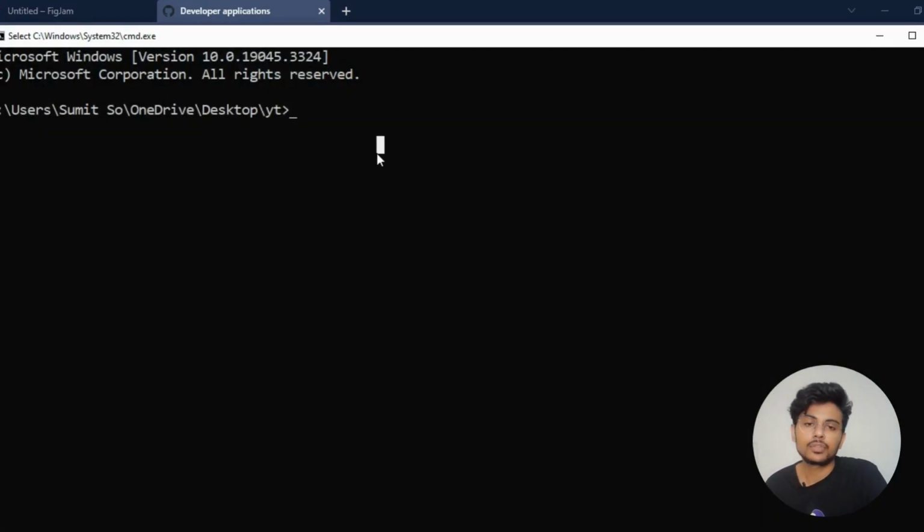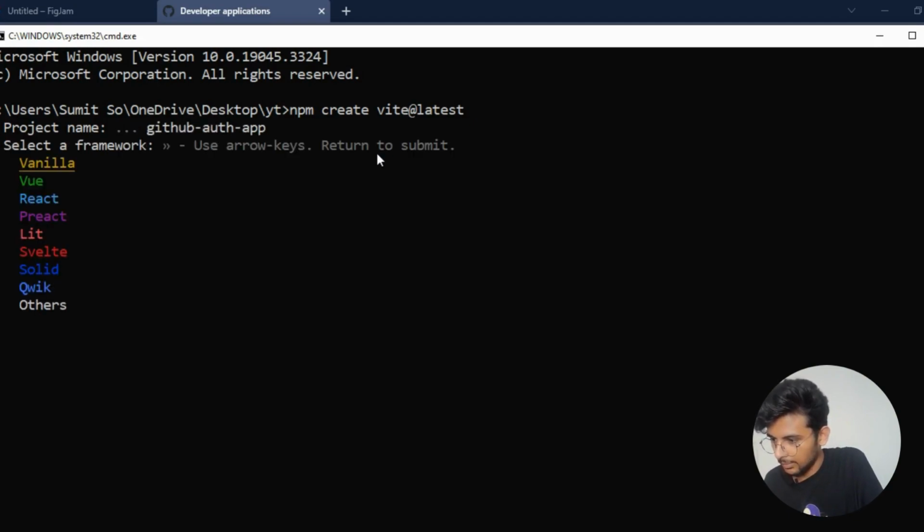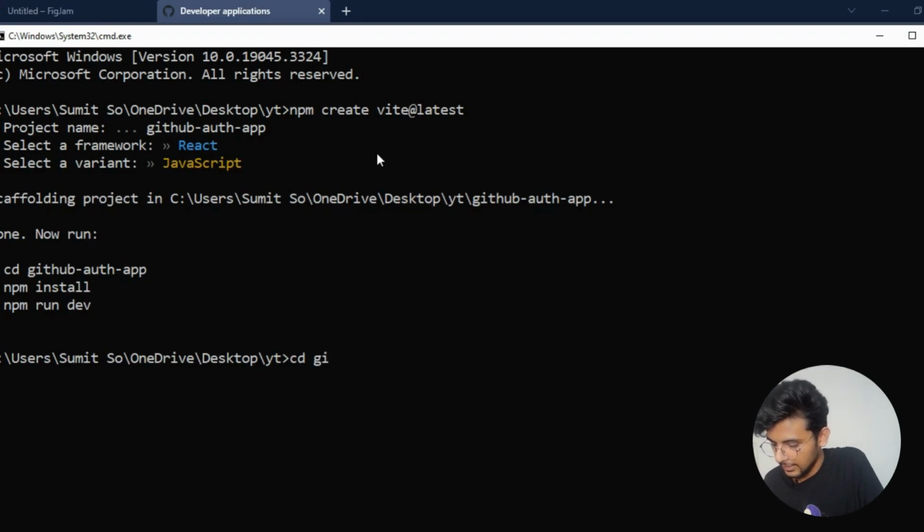You can use npx create-react-app, but here I'm using Vite. Vite is a build tool for various applications like React, Svelte. There are different types of applications. So just type npm create vite@latest. Type a name for your project. You can name it anything. So let's just say git-auth-app. These are various types of applications I can create. So I'm creating a React application. I'm using JavaScript. Let's navigate to the project folder.